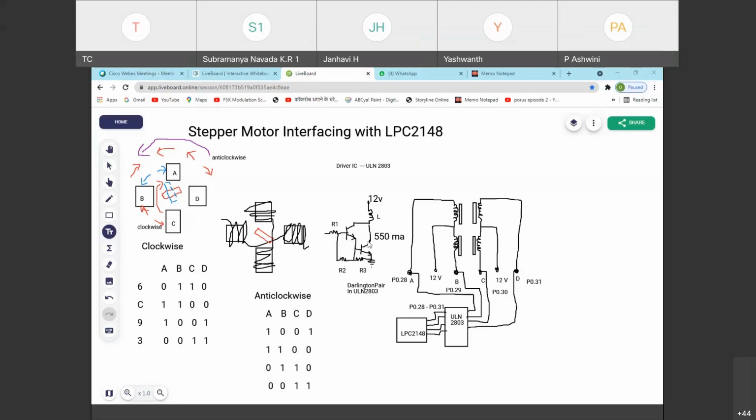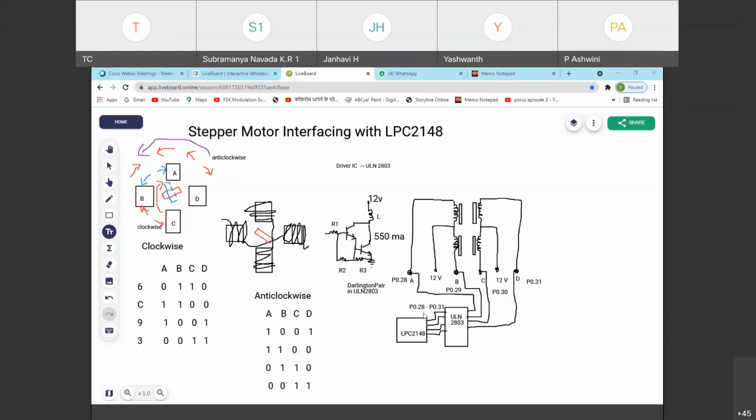Together they offer a higher current gain, so the higher current of 550 milliamps is sufficient to drive the stepper motor. That current generates sufficient magnetic field, hence the rotor gets attracted towards that coil. Which coil you energize is important. That simple explanation is shown here.